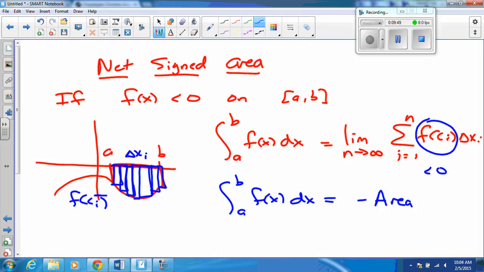Is this a problem? Well, it kind of depends on the question that we're asking. If the question is about displacement, then we have no problem with negative displacement. What does that mean? It simply means that we're going backwards. If, on the other hand, we're interested in the area of the region, we don't want a negative value. We want the opposite of that, because you can't actually have a negative area, right? So we're going to call the integral here